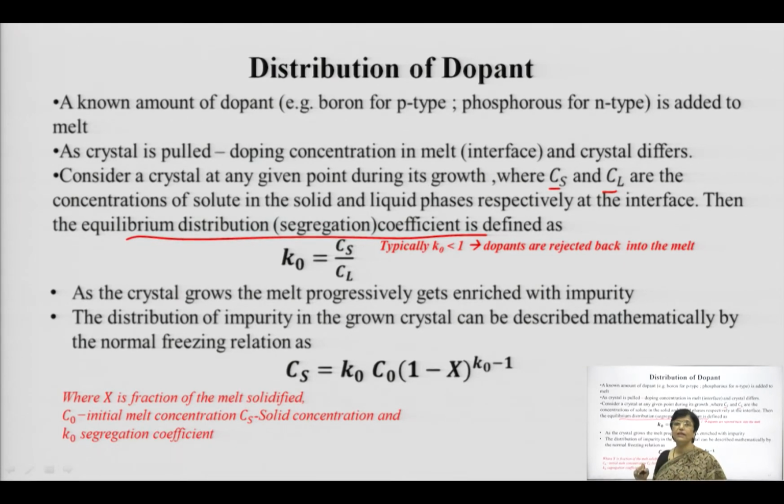These are basically the solubilities, you can say, or these are basically the concentrations of solute in the solid and liquid phases respectively. As you know, the molten silicon is having impurities in it. As the silicon growth happens, the crystal is going to grow slowly, the crystal will be in pure form and the concentration of impurity